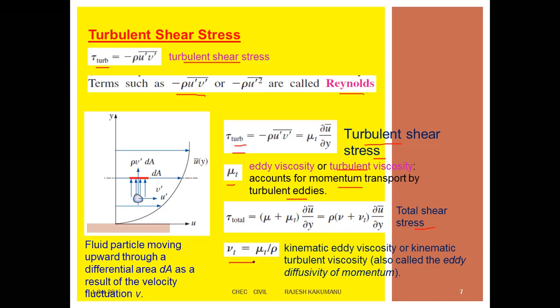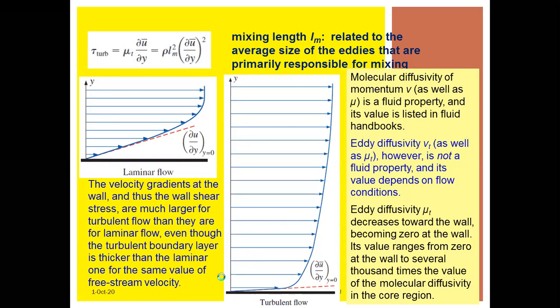Therefore, nu t is equal to mu t by rho. This is the kinematic eddy viscosity or kinematic turbulent viscosity, also called the eddy diffusivity of momentum, right? Taking this one, tau turbulence is equal to mu t dou u by dou y, which equals rho of L square into dou u by dou y whole square. Now what is L here? It is the mixing length, Lm, related to the average size of the eddies that are primarily responsible